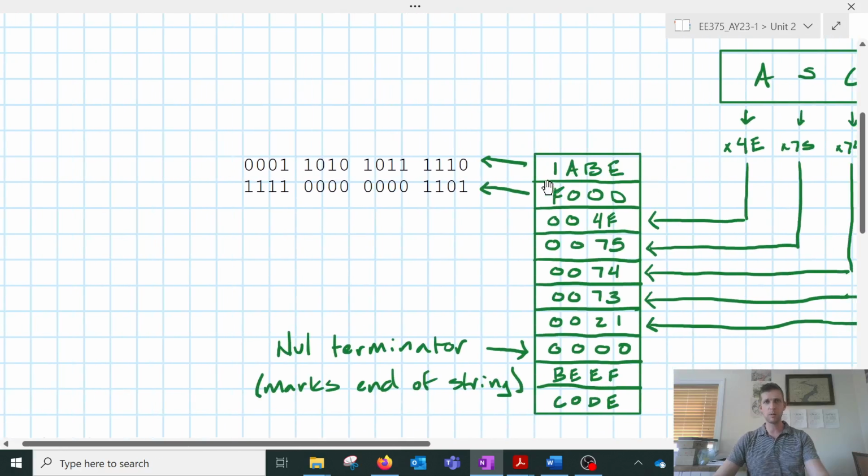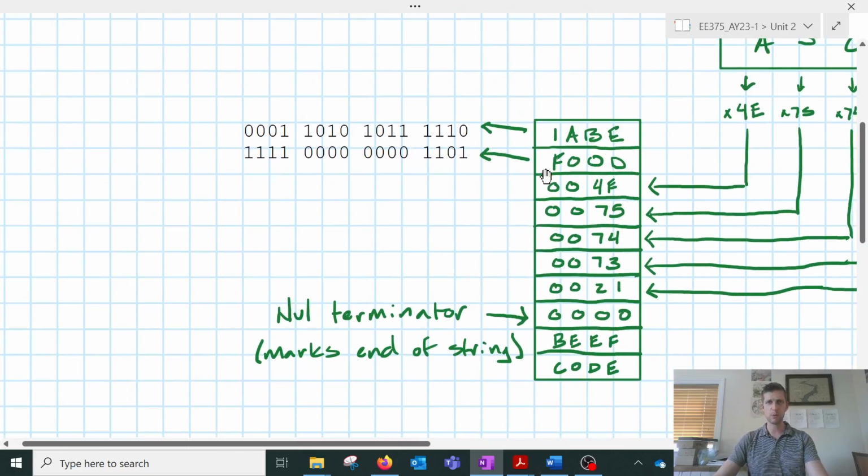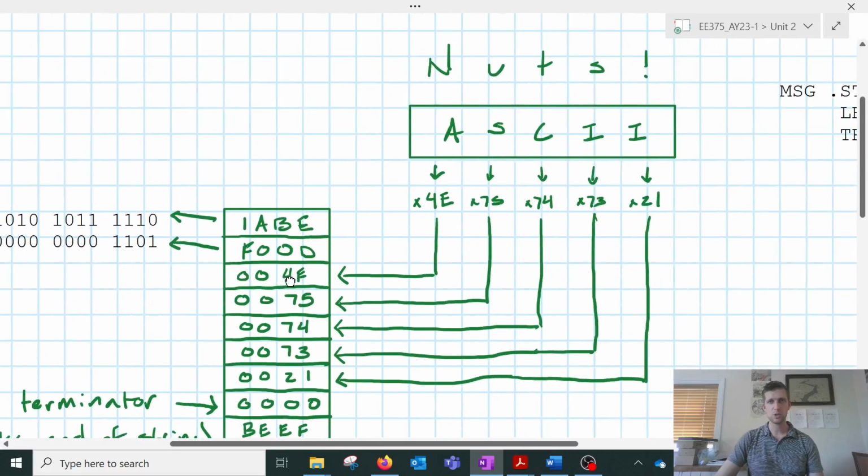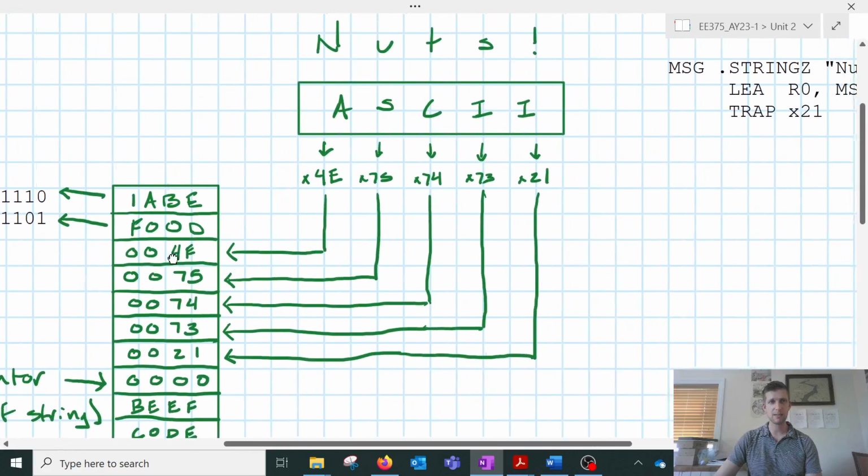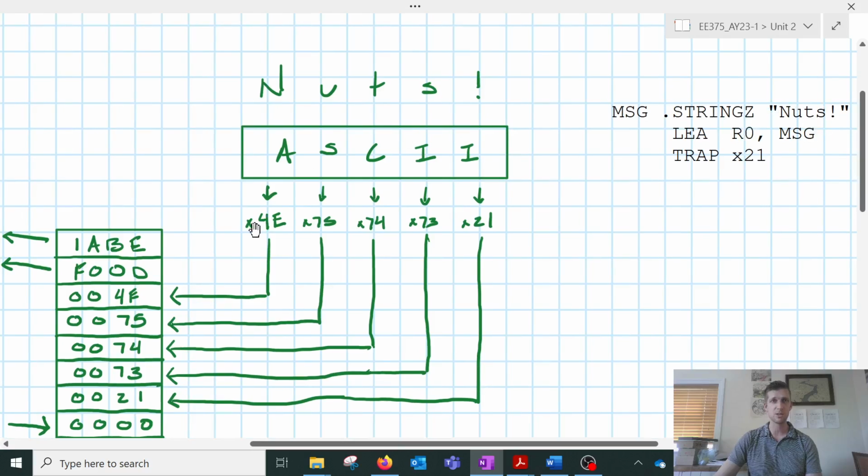If you imagine that I've got some memory here, part of the problem comes from the fact that these values are just zeros and ones. So how does the LC3 know what's data, what's instructions, what's a message, and how do we get letters in here? The key to that second part, converting these letters into numbers, is using ASCII, which stands for